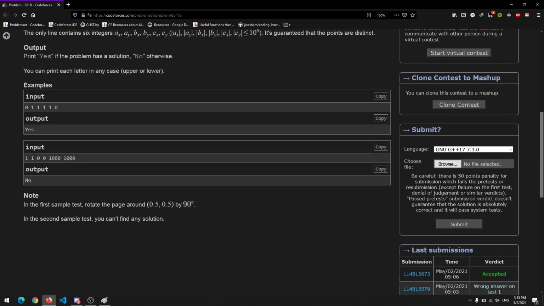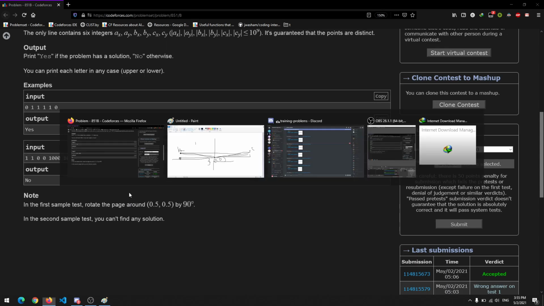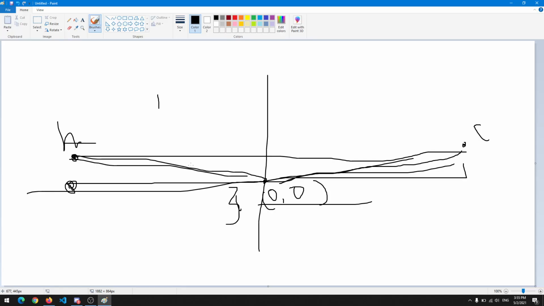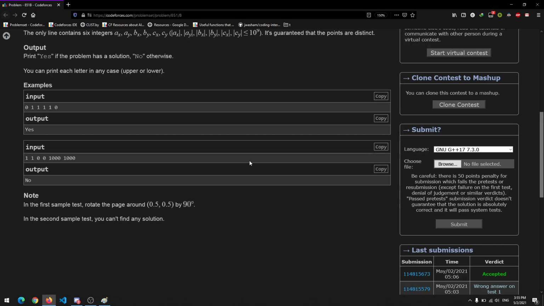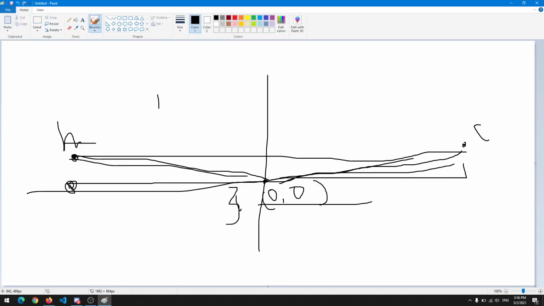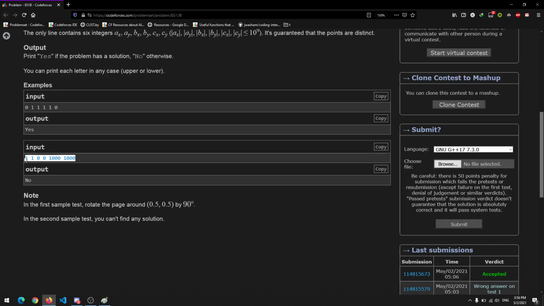Oh, I'm so sorry. The B point is 0 comma 0. This is actually a test case, but not the second test case.